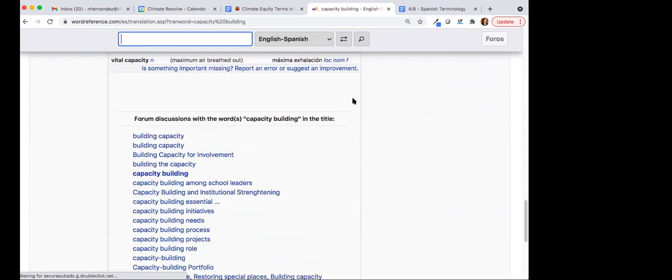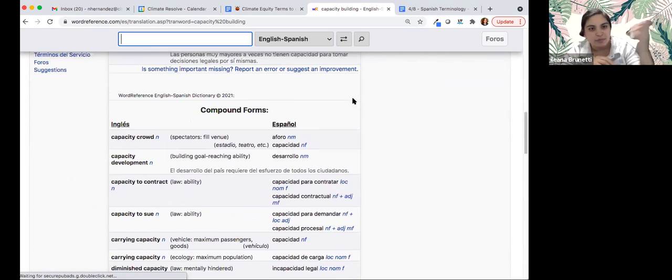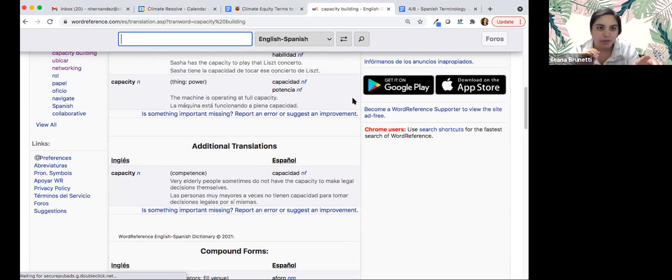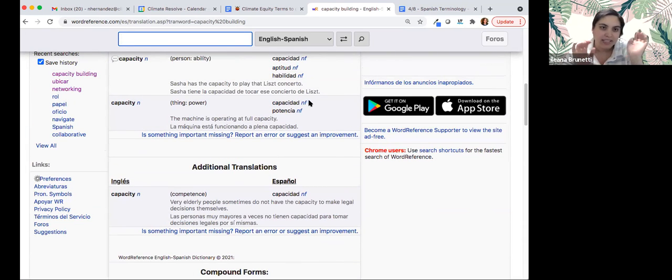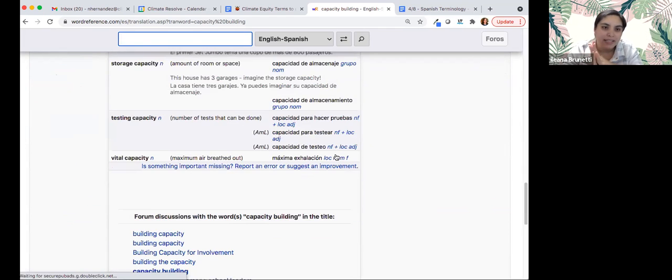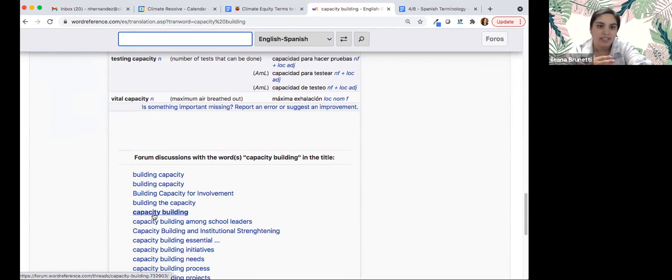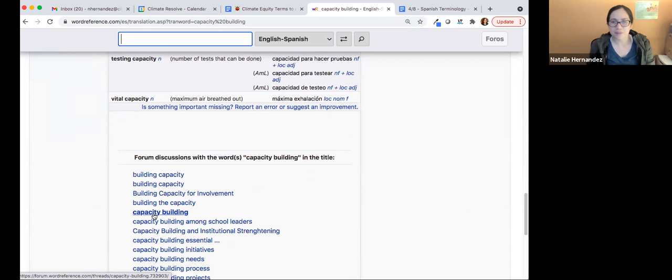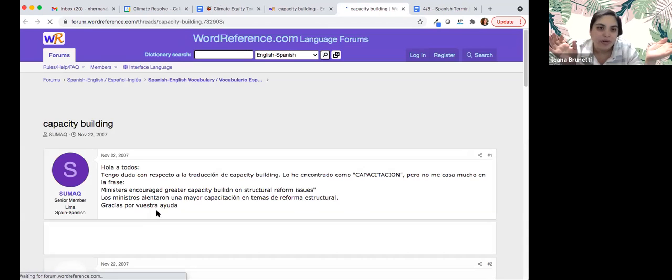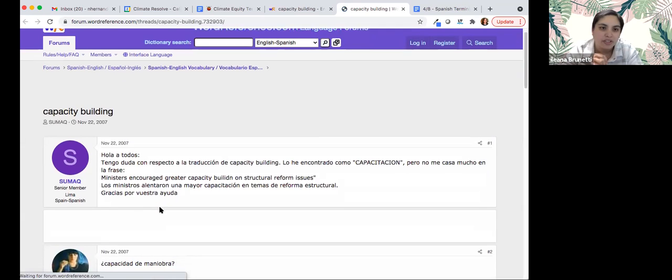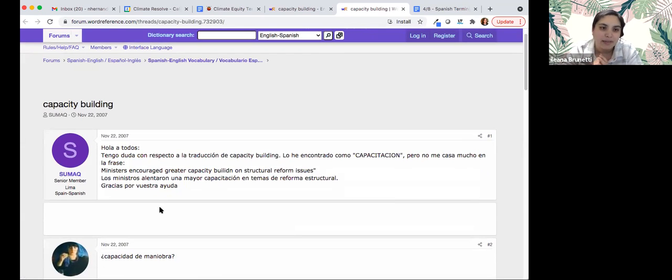dialogue. Yeah, so all of those are instances where you kind of scrolled past it, but at the bottom there were all kinds of threads on how to translate capacity building. Yep, discussions. Oh, this one's the forum. Okay. Yeah, so all of those are different threads where people talk to each other about how to say something in a given type of